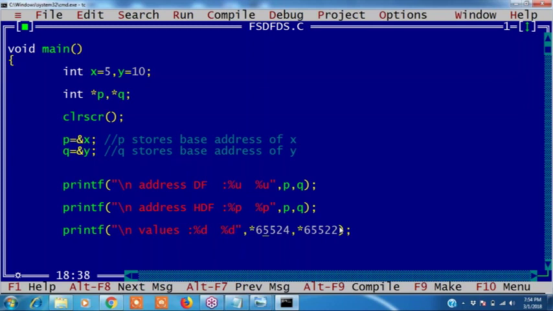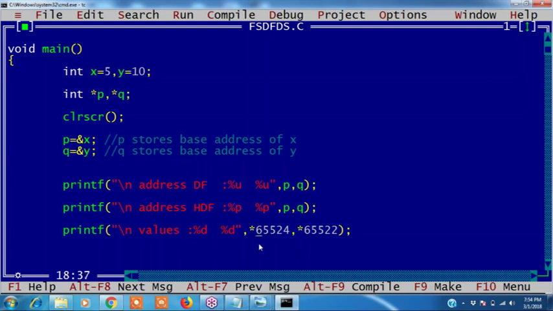Are you following what I am talking, right? See, 65,524 is the address. In my point of view, it is an address. But from the compiler's point of view, it is taking it as a number. 65,524 is a number, that is the compiler's point of view. My point of view, that is an address. That's why the compiler is giving the error. Indirection is only for addresses. We know this is an address, but the compiler doesn't take it as an address. Okay, that's why it is giving error.